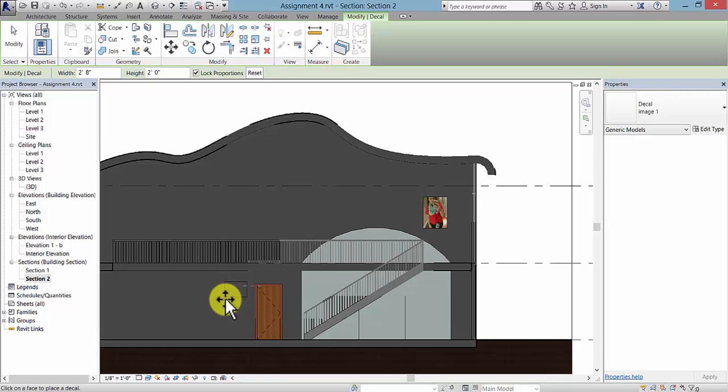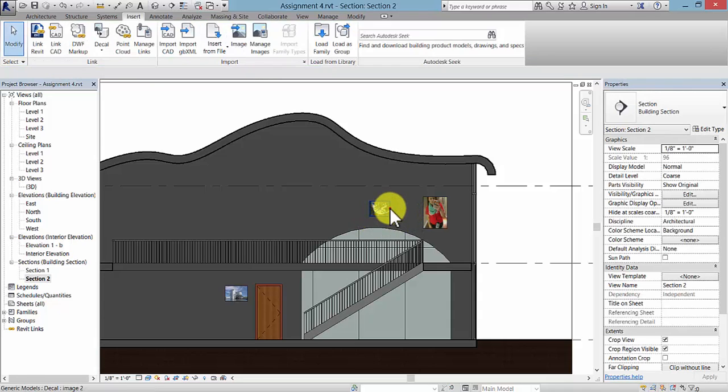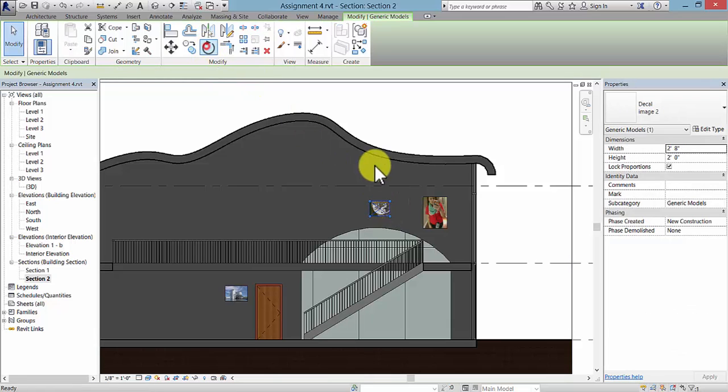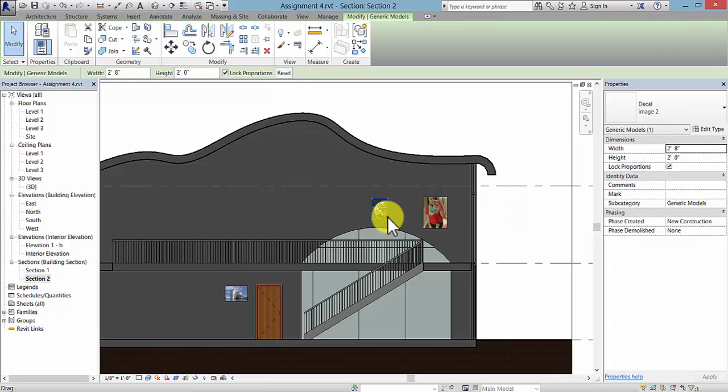So maybe this one I'd like to put down here, and at the same time I can go ahead and grab my third image and put it someplace up here. It's up to you in the design of it. So rotating it, you can use the rotate. You can use little grips to kind of make the image bigger or smaller if you'd like,